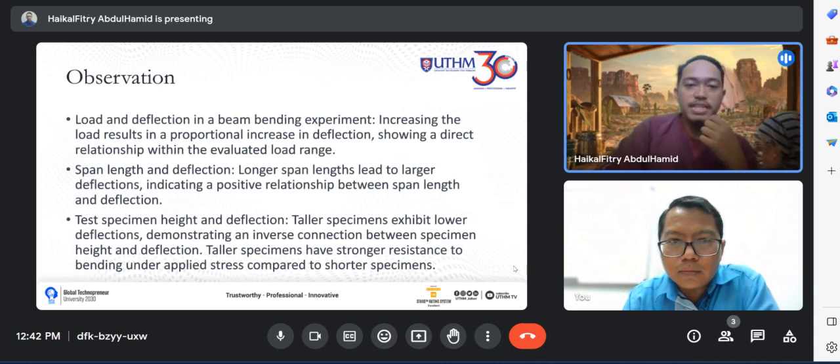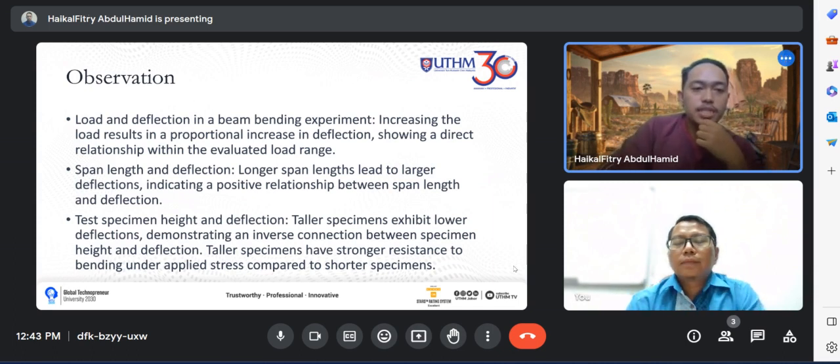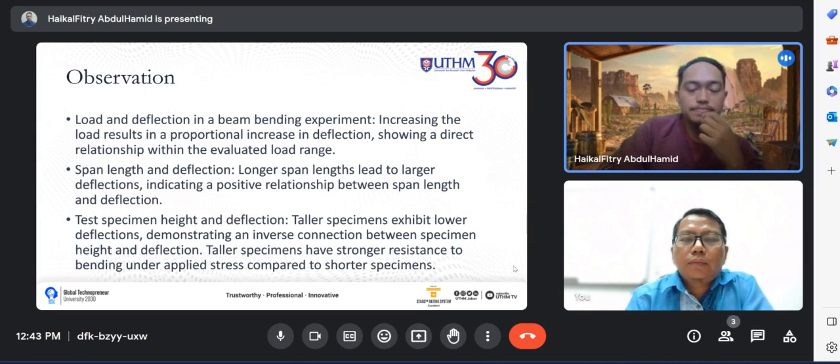The load and the deflection in the beam bending experiment: increasing the load results in a proportional increase of deflections, showing a direct relationship within the evaluated load range. Okay, the second one is span length and the deflection experiments. The longer span length leads to the larger deflections, indicating a positive relationship between span length and the deflections. And the third experiment is about